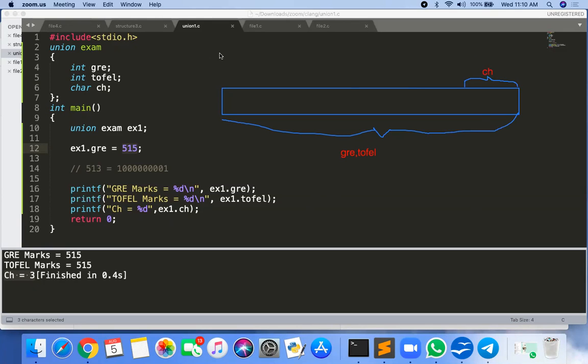So if you have the binary representation of the whole value, you can easily get the last 1 byte, and whatever the last 1 byte is, that is the value of CH there.